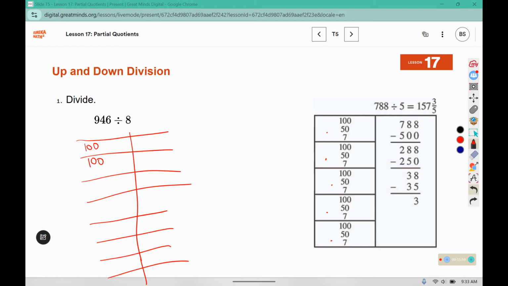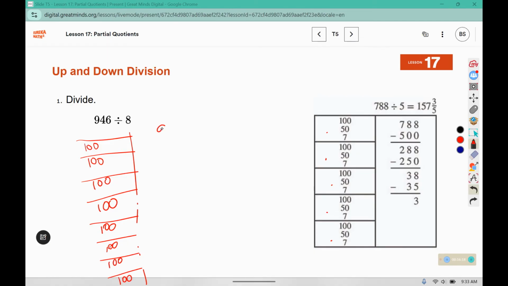If we do that 100 8 times, is 800. So I have 946 minus 800 leaves us with